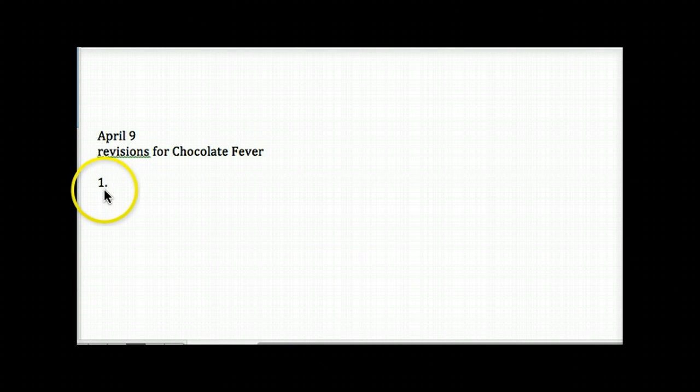And then on a blue line down here, you're going to write the number 1. And this is where you're going to actually write the new information. Okay, so I'm going to go ahead and write the information. I'm going to write the revision here that I want to include. So I think I want to write, in addition to chocolate,